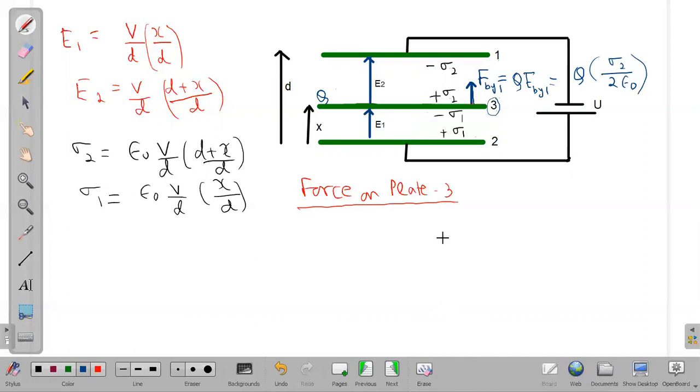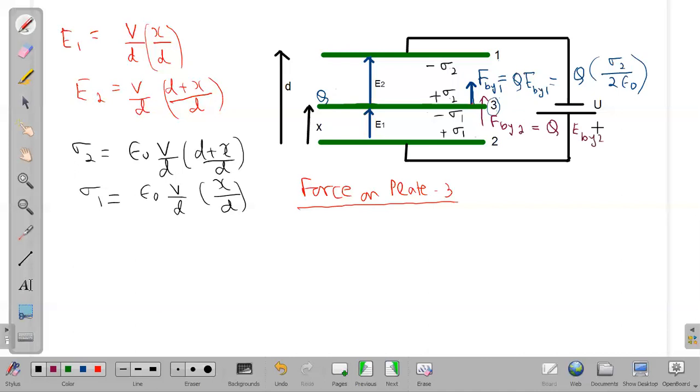Right? Okay. And the electric force by plate number 2. What will be the force by plate number 2? So the force by plate number 2, let us suppose it is in the upward direction, and the force by plate number 2 is now equal to the charge on this plate multiplied by the electric field by